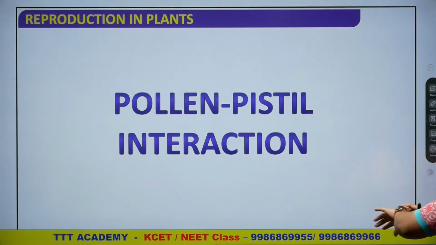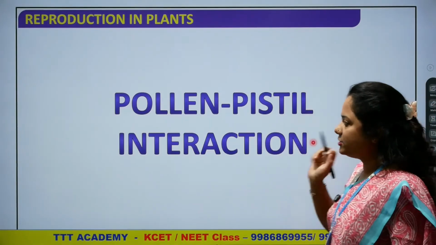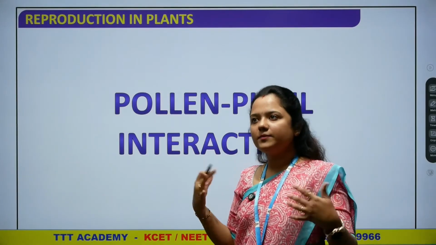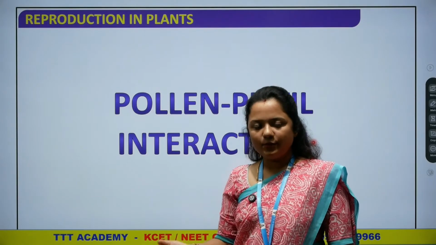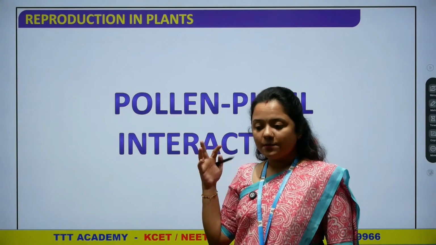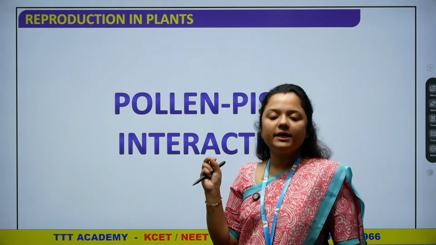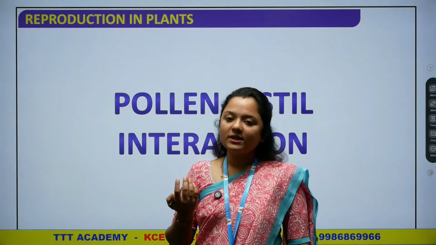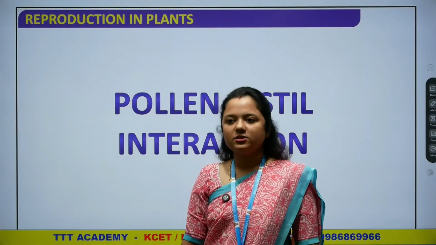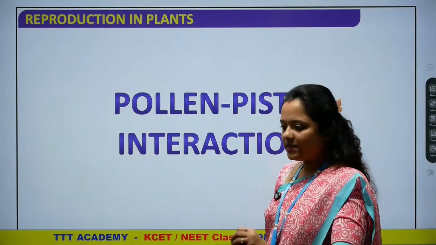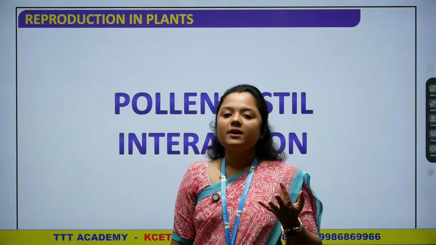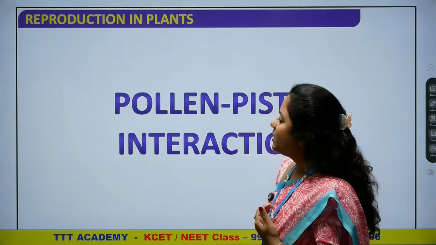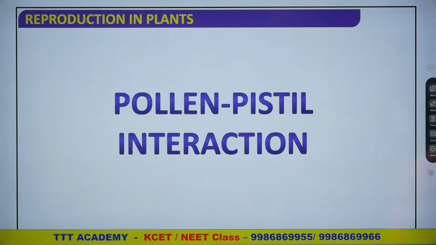Now we will move on to pollen pistil interaction. Okay, after the outbreeding devices, different types, different methodologies that the plants have taken up to prevent self-pollination, which causes the main effect, that is inbreeding depression, which causes very low quality of the plants produced in the next generations or the offspring. So that is why it has taken many modifications to not get the low quality plants, right? Now with that we will move on to pollen pistil interaction.